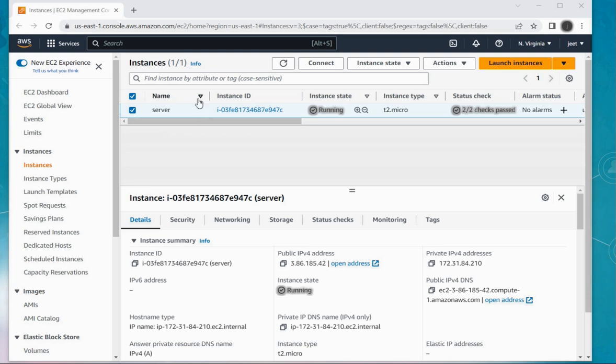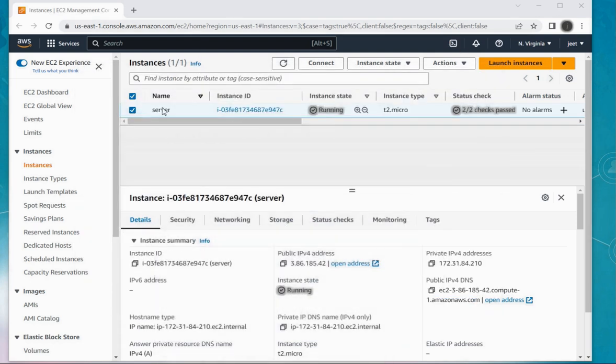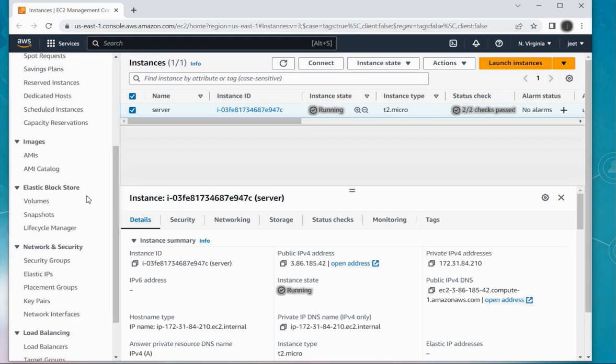So as you can see, I already launched a server. It is a RHEL server, okay, Red Hat Enterprise Linux one. You can check, I already connected with this server by using MobaXterm, okay. And so first of all, you need to change the permission by using the command sudo su -, to change the privileges from normal user to super user, okay. And after that, go on this window and here just scroll down, and in this one you will get this